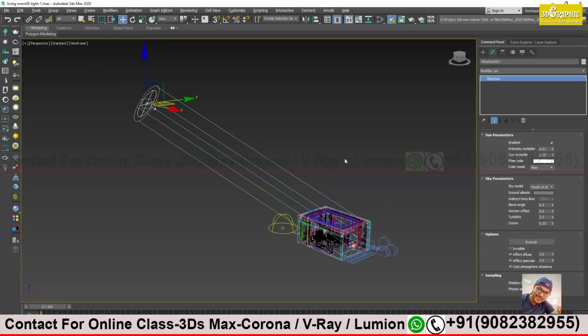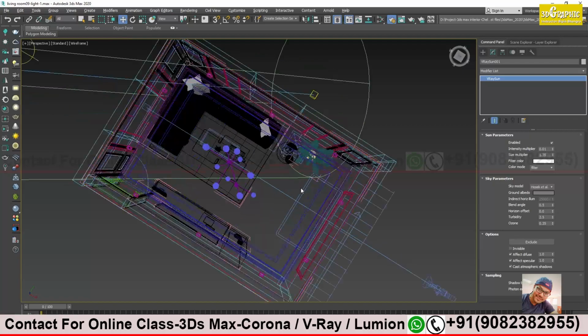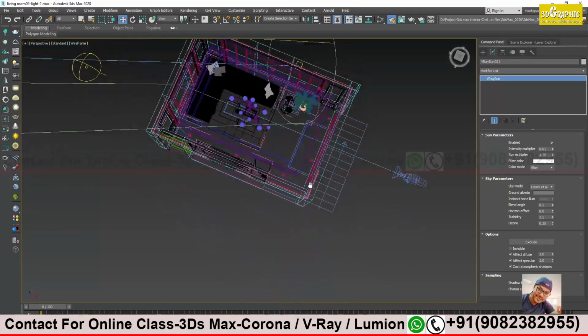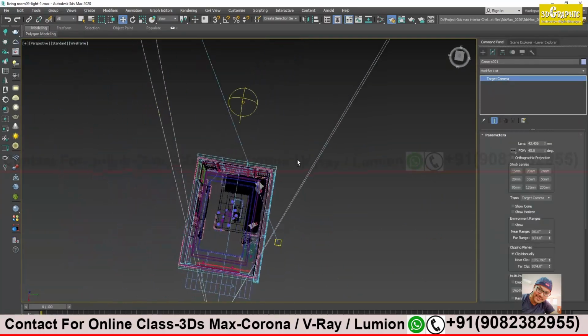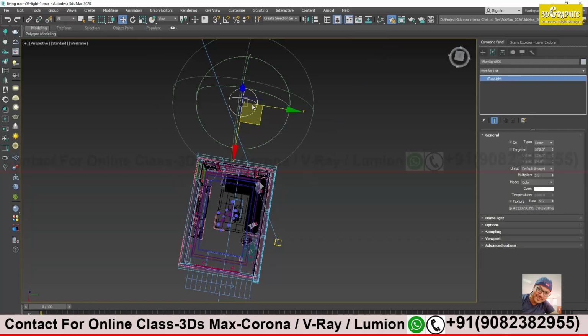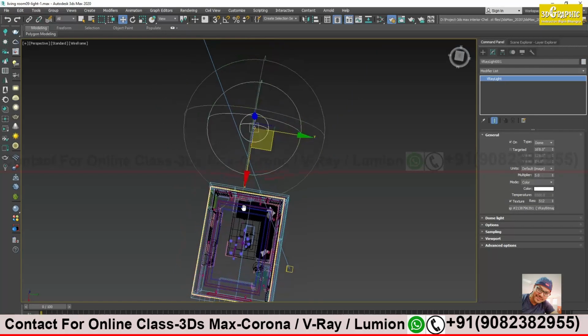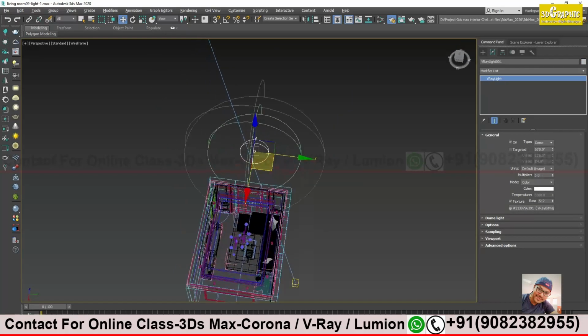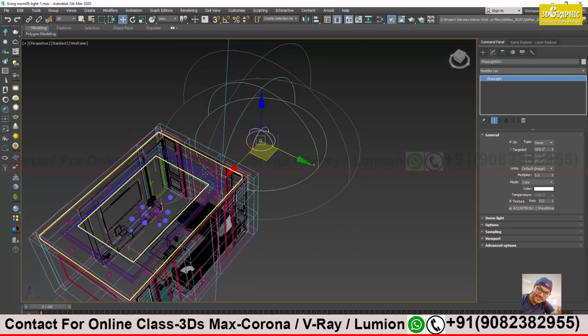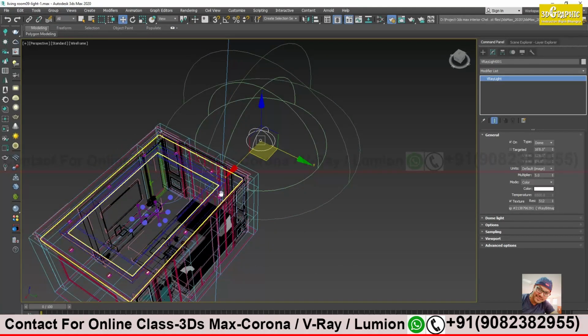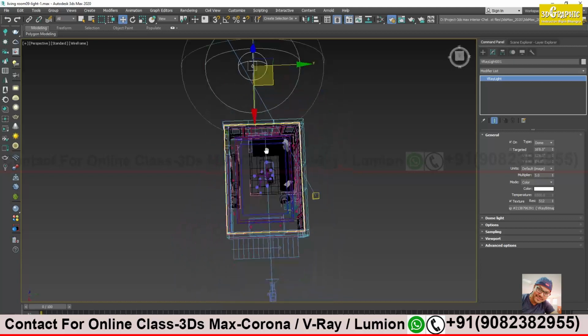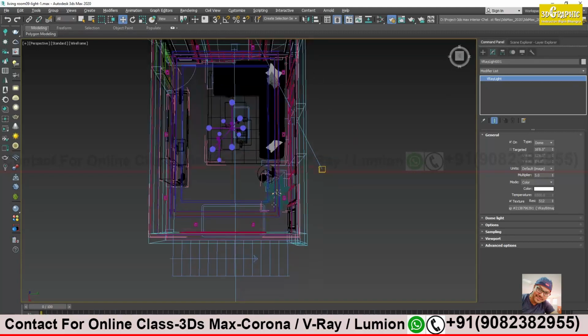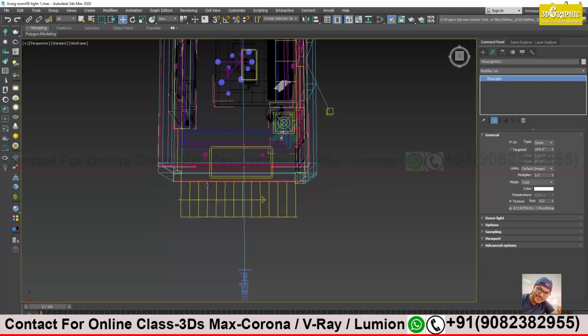Just see my computer screen. Yes, sir, I'm seeing it. See, this is my camera. This is the third light. I started with the back, third, second, and then first. For my window plane light, we will use it at the end. Right now we need to add light either on the left side of my camera or the right side, wherever you need it. So I will use the left side of my camera.